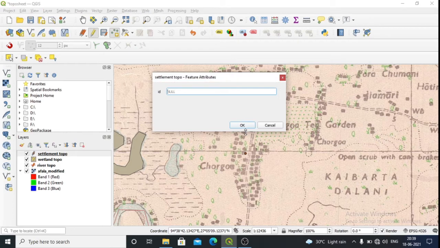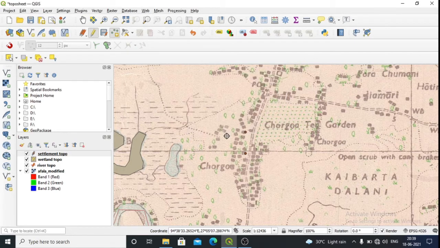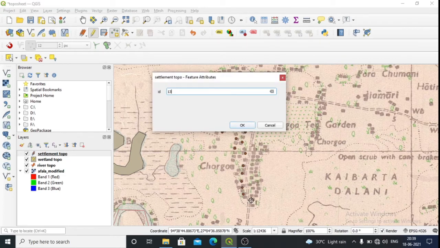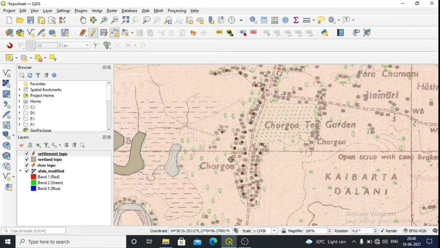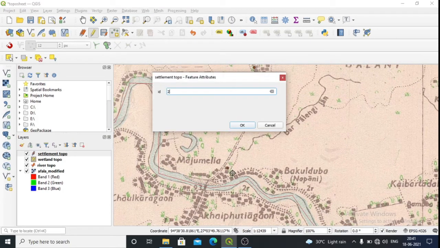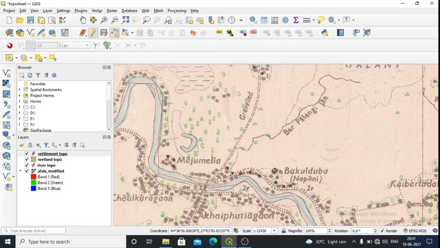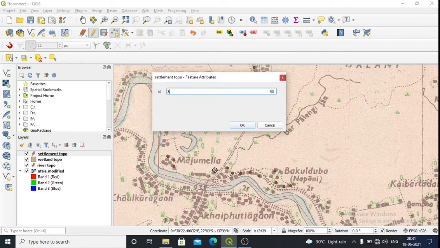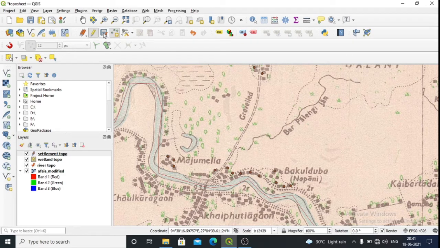Then this is ID number 2, in this way, then suppose ID number 3. Then click on save.